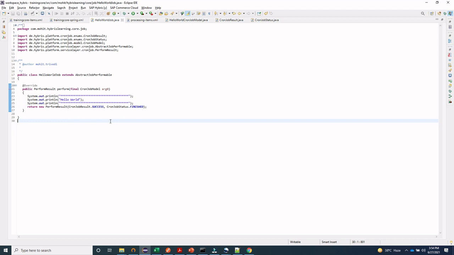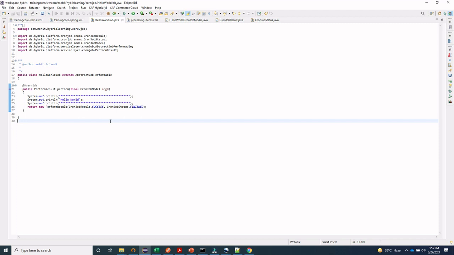In the upcoming videos, we will see how we will fetch the details from the database with the help of a cron job and send those details over mail as an attachment. So we will see that. Also in the upcoming videos, we will see how we can create an abortable cron job.